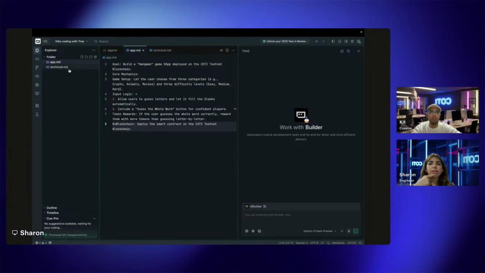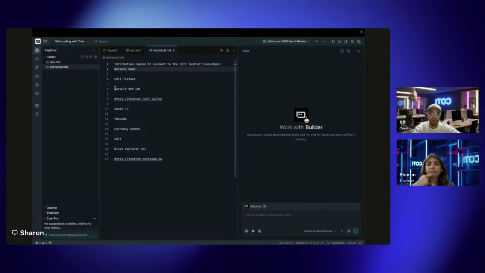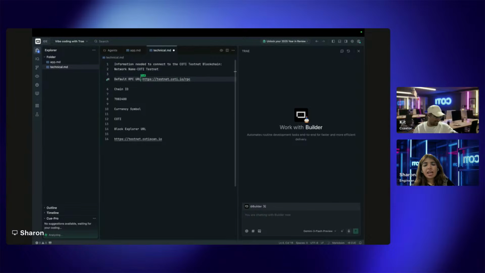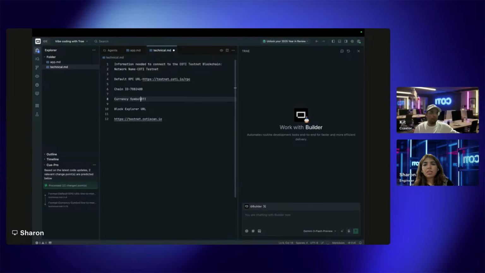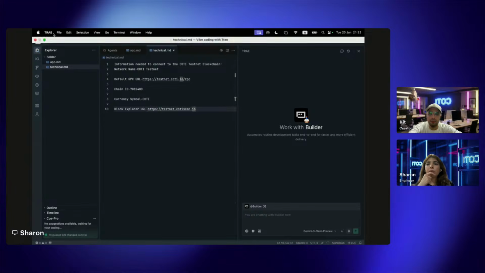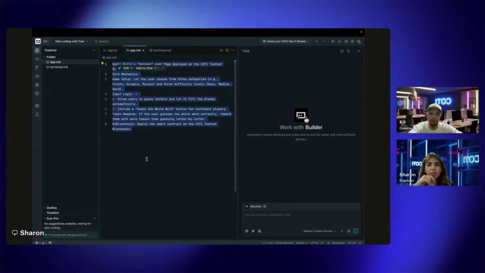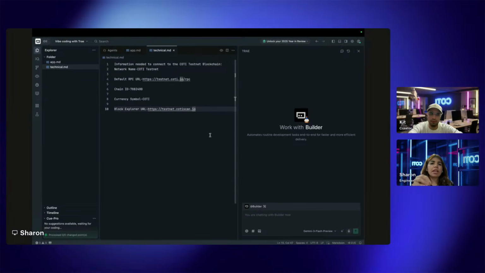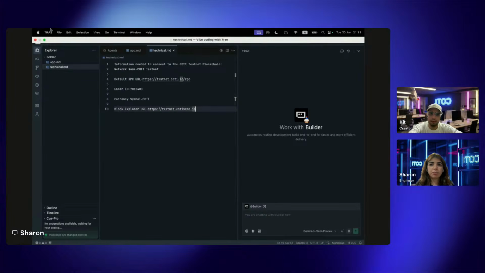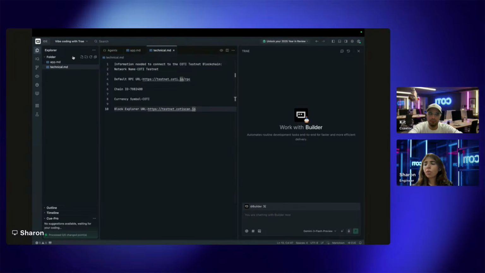Fantastic. Now we're getting to the fun part. You're building the game live using just prompts. So I literally just copy pasted all of this information that's going to help it connect to the backend. Now, here's where we're at. We have two files, one with our game concept and one with the COTI testnet blockchain network details. So what I'm going to say now is,